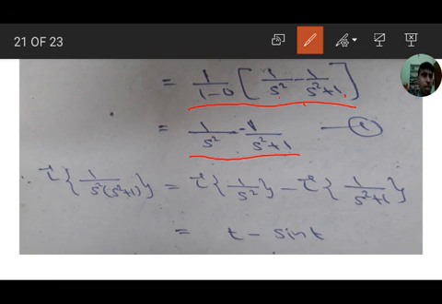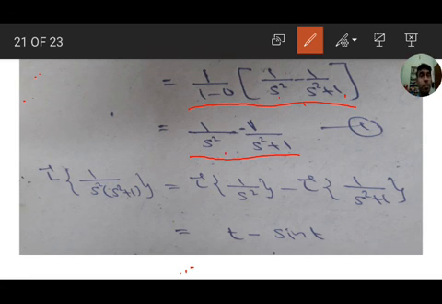This means it is a serial number, s square and s square plus 1. We can directly write it in this form. For example, 1 by 3 into 4, we get 1 by 3 minus 1 by 4. 1 by 5 into 6 equals 1 by 5 minus 1 by 6. Like that, s square, the next number is s square plus 1, multiplication of serial numbers. Therefore, 1 by s square minus 1 by s square plus 1.